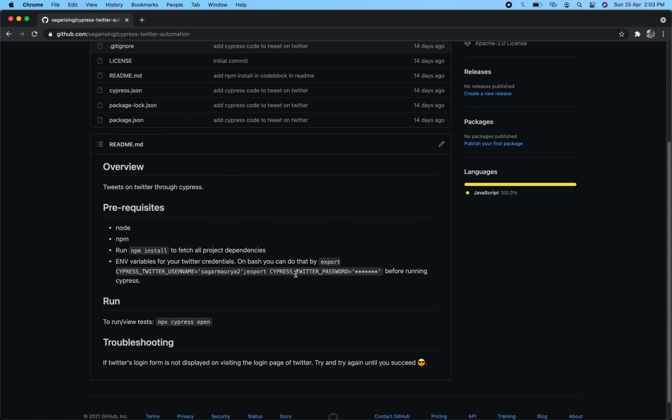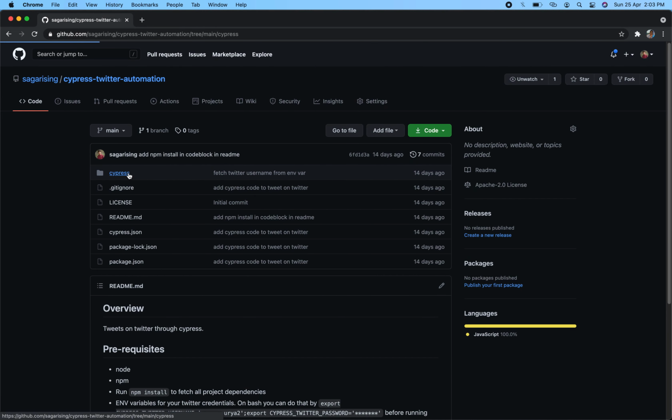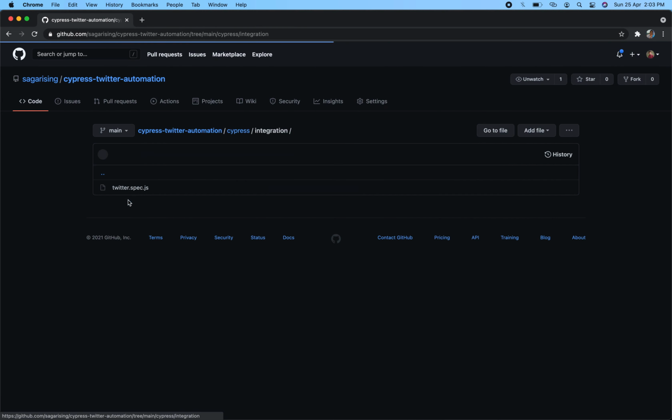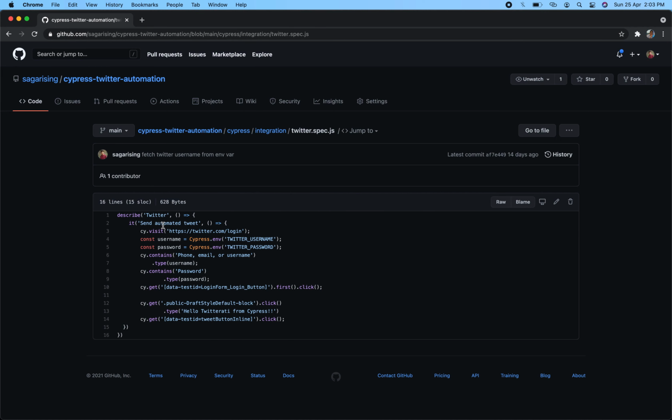So if I walk you through the code, it's just a simple one file which I have written. Apart from that, everything was provided by default by Cypress itself, so that skeleton is available. I just modified this file. And if I walk you through the script file, the first line is just describing and naming the test suite. Then from the third line, if you can see, it first goes to the Twitter login page and enters my credentials, which it loads from the environment variable.